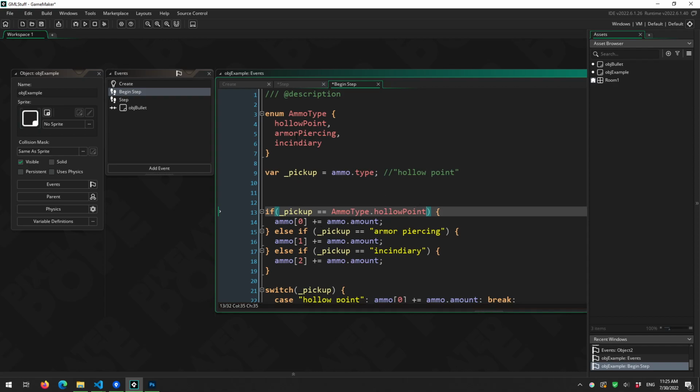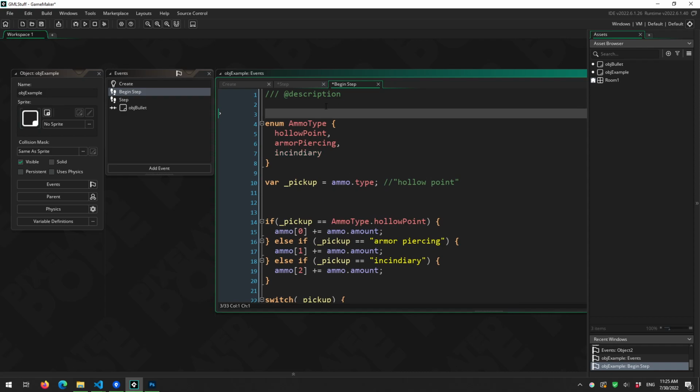Let's back up a little bit. What the hell is an enum? What does that even mean? Well, it stands for enumeration. And what's enumeration? It means to make a number, assign a number to, right? Give it some sort of numeric value. So what enumeration does is it says, we're going to take these nice names, hollow point, armor piercing, incendiary,